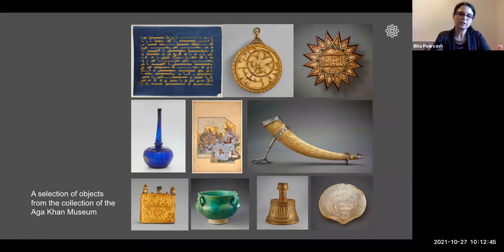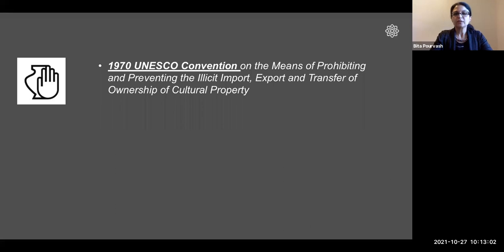And today I was hoping that we can talk about what, when we set up a museum display, are the factors that we need to consider other than their beauty and their history. There are other factors that we need to consider when we do any display. So, for example, this is not about the rotation, but in general, when we think about an exhibit, or for example, when we ask objects to come on loan to our museum, or we loan objects to other museums,